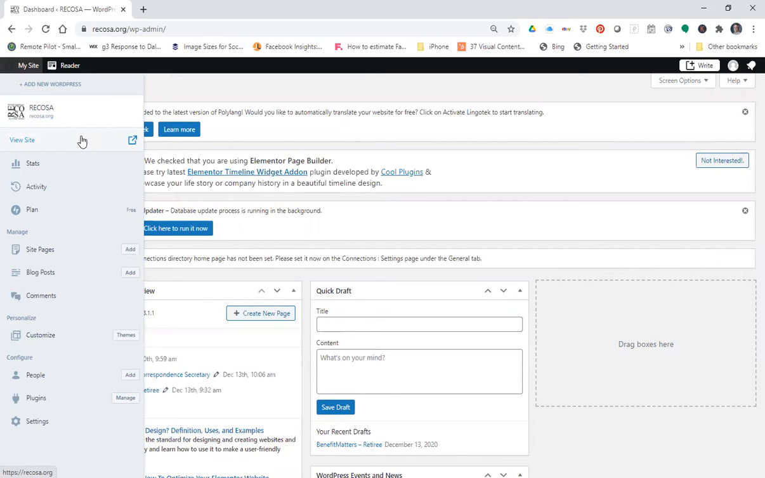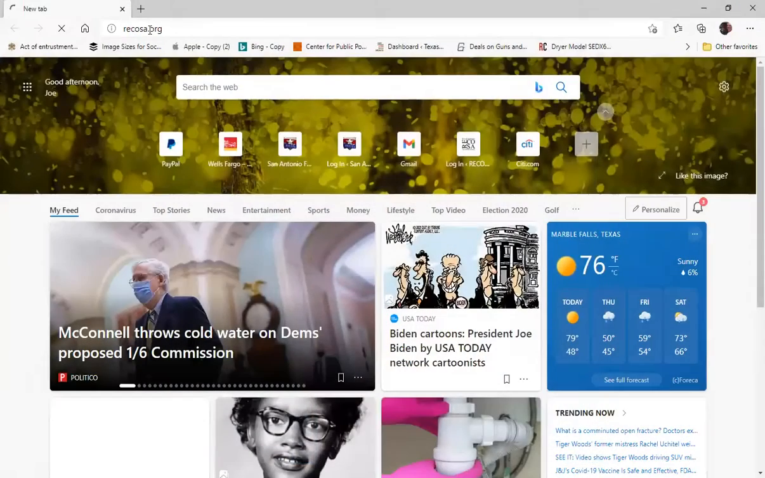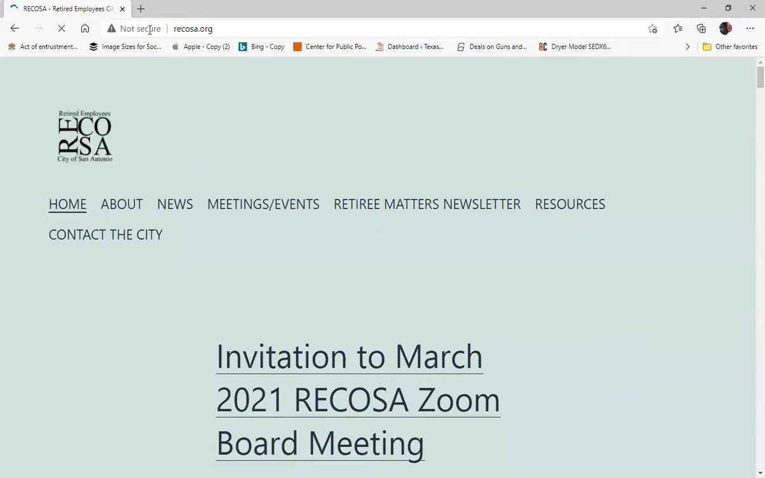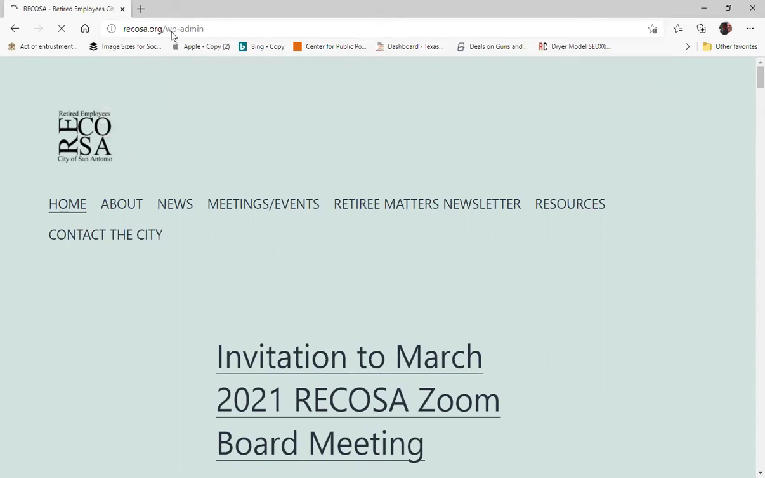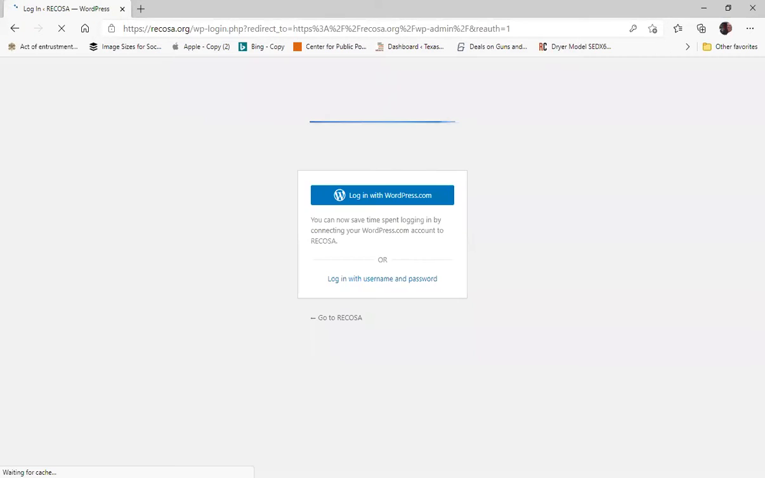And let's see, how do we do this? Okay, so there we are. I just opened a different browser that I wasn't logged into already. And we're going to go to the admin, and it will require our login here. And this is where I type in our username and password,